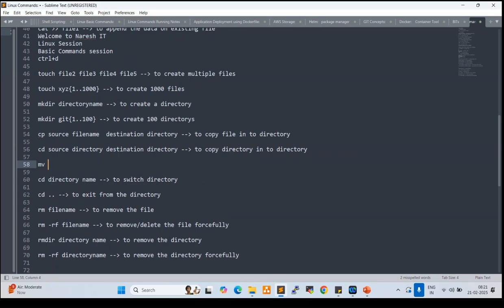So mv, source file name, space, destination, to move the file from source to destination.